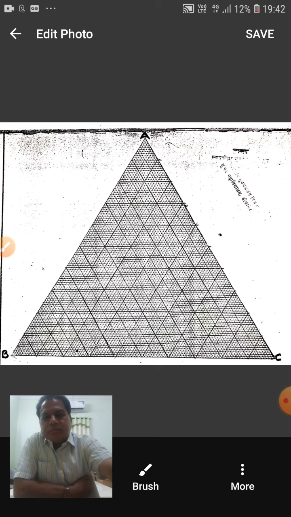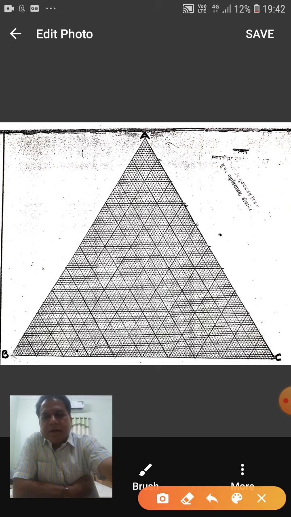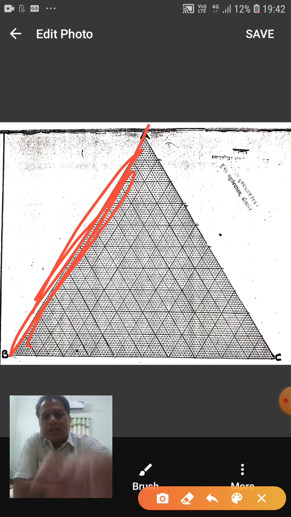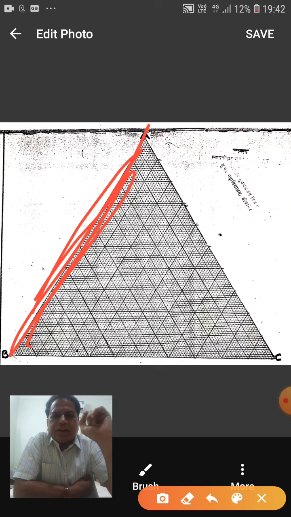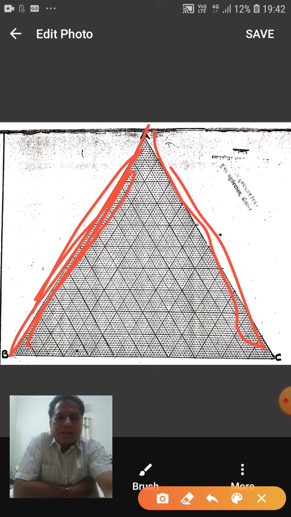Say your side AB, right? This is your AB. Now on this line we can mark the various possible compositions of A and B, right? Because this line represents the various possible compositions of A and B, the value of C will naturally be 0, right? So for this line, it represents the composition of A and C, and B will be 0. Similarly on this line, B and C, whereas A is 0.